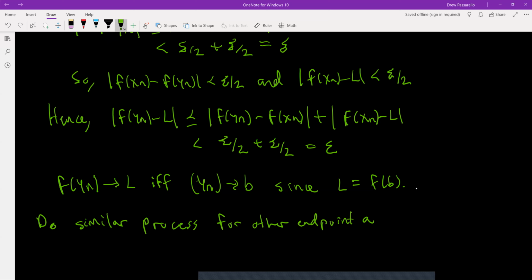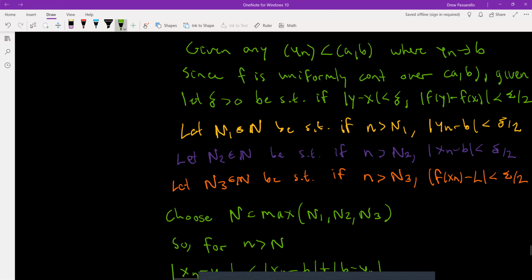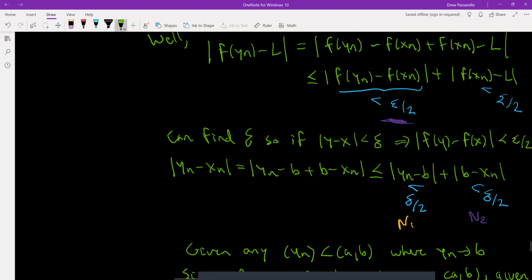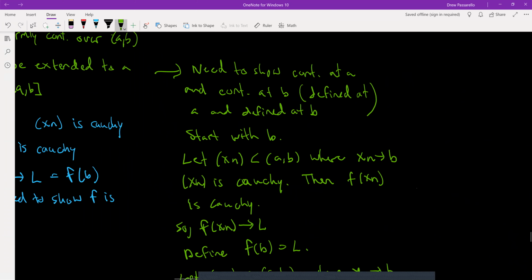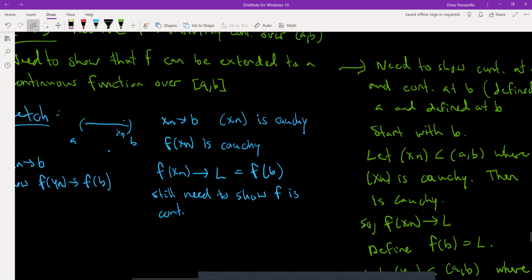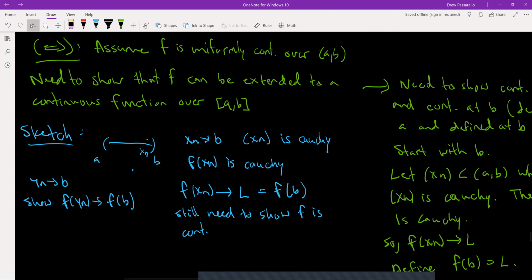All right, so then that means f can be extended to a continuous function over AB. All right, so that completes the proof. Okay, so that was fairly involved. Just read through it. Now I kind of put in some ideas in the middle of that proof, but this